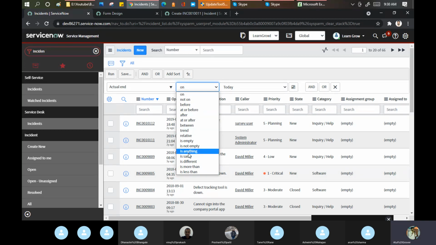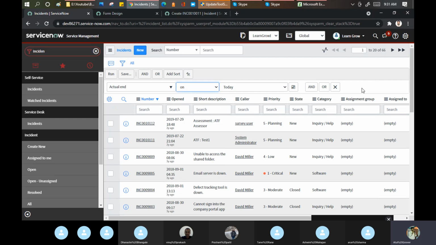Why is this required? I'm sure this is not much required from the development perspective, but being a consultant, you should know this thing. Vinuj, Arun, you should know how many operators are available here, how these operators work, and what the purpose of each operator is. How can I pick or create my query for the filtration part? This is another homework for you guys.